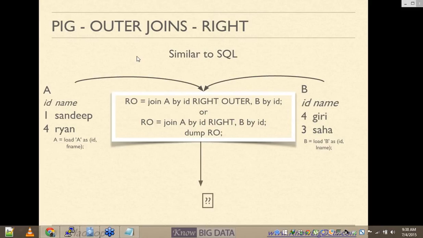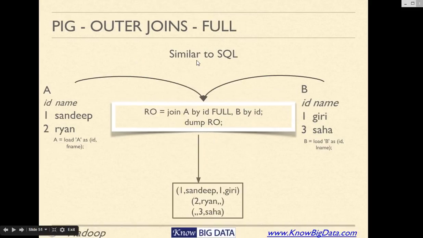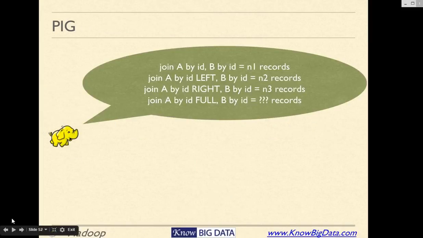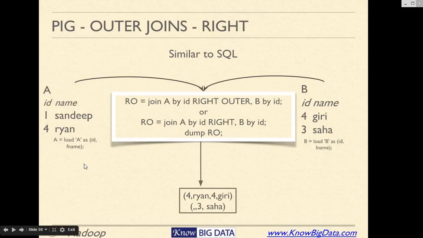Yes, yes. So this is basically what we are going to get. We are doing a... so we are doing... Yeah, so we'll get 4 comma Giri and 4 comma Ryan from both the tables because